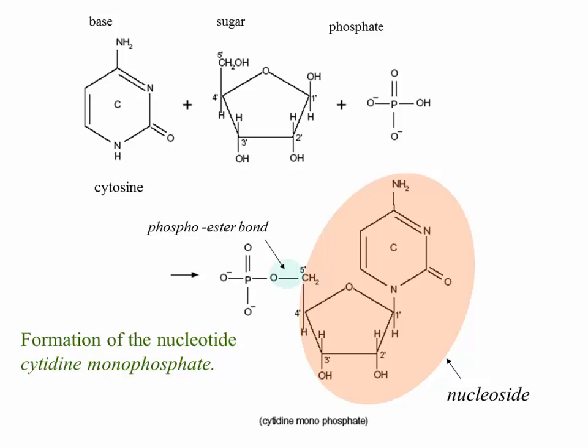Units like this will have to be linked together to produce ribonucleic acid. Similar kinds of units, but with a different sugar, deoxyribose, will have to be linked together to produce DNA, or deoxyribonucleic acid. How does it get linked together? Notice that at the 5' location on the sugar, you have an inorganic phosphate sticking out. At the 3' location on the sugar, you have a hydroxyl group sticking out. So this is one unit. For the next unit, take the phosphate from the next unit and link that up to the 3' location on the sugar,